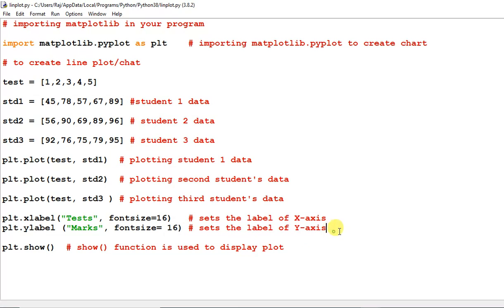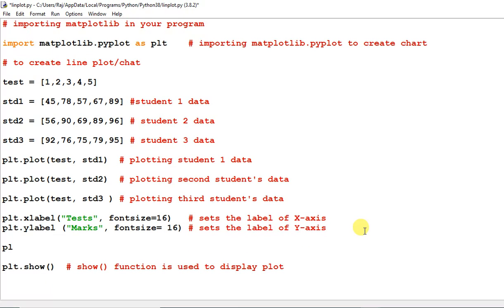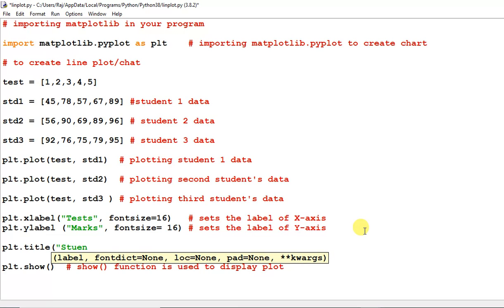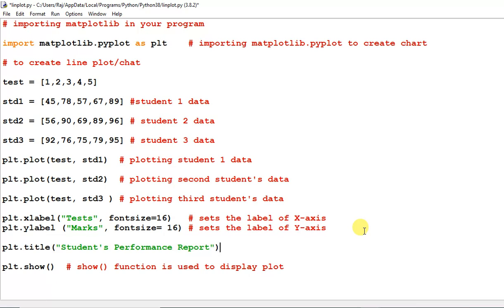Suppose I want to set the chart title: plt.title, "students performance report". So that sets the chart title.